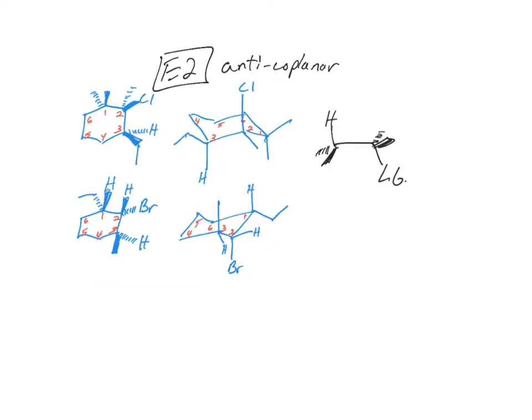All right, if you've done the flip, you've got your leaving groups both axial. Now you need to look for the beta sp3 C-Hs. But you have to be careful, because it can't be just any beta sp3 C-H. It needs to be the beta sp3 C-H that's 180 degrees away, anti-periplanar, anti-coplanar. In this one, there actually is only one beta hydrogen possible. Carbon 1, as I have it labeled, has 2 methyls on it. So if I use the base, let's say,